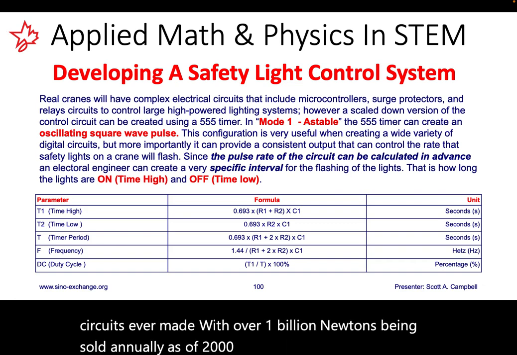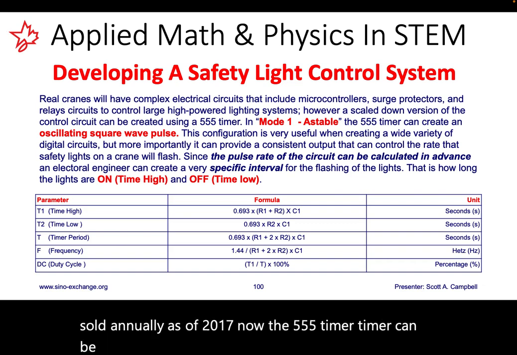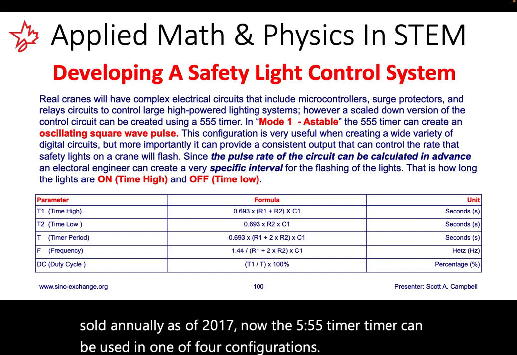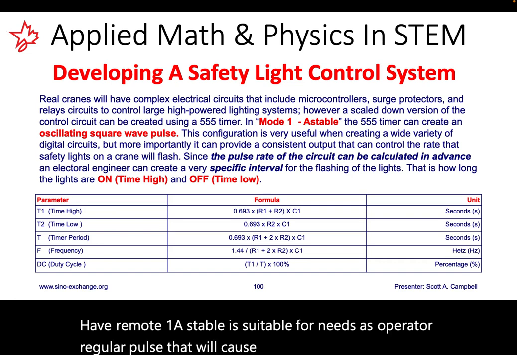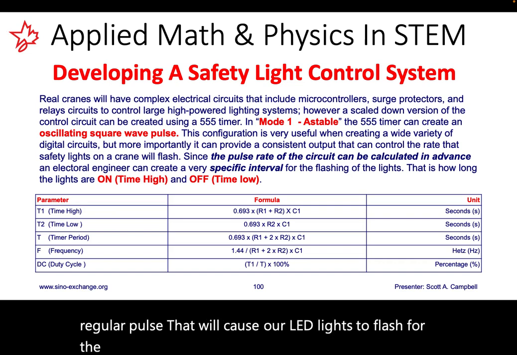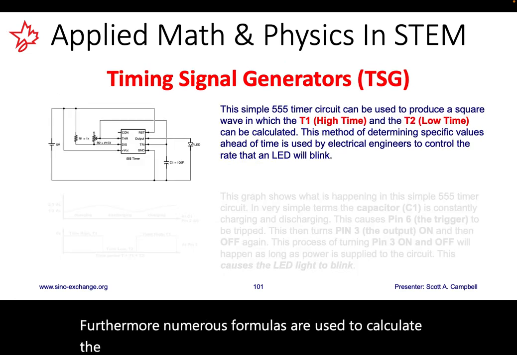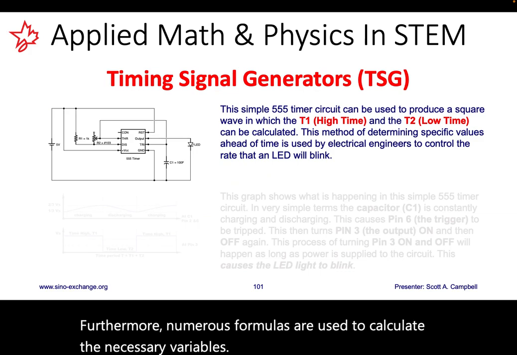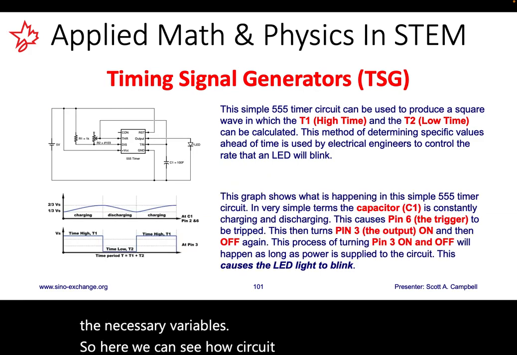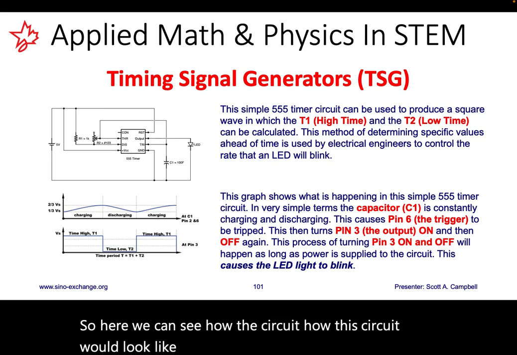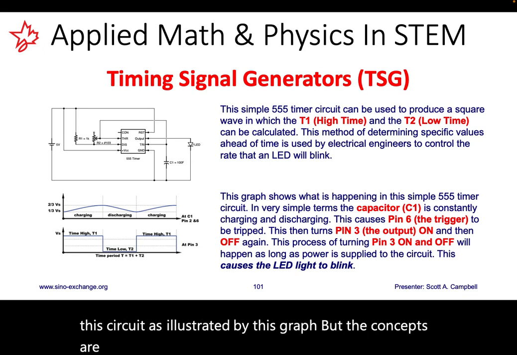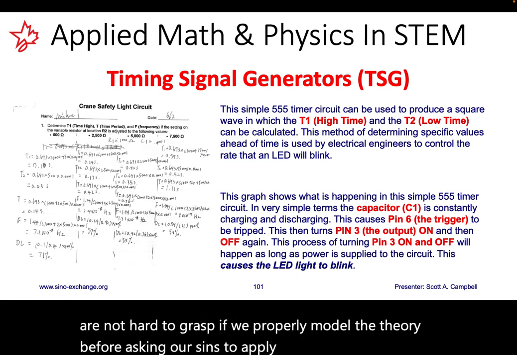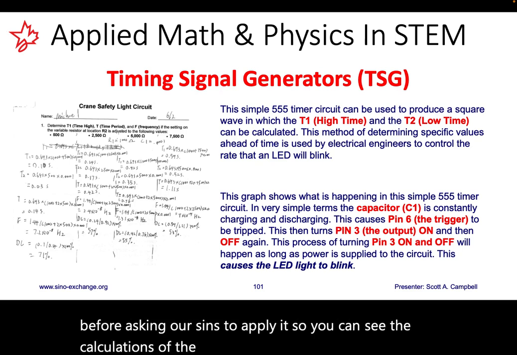Now, the 555 timer can be used in one of 4 configurations. However, Mode 1 astable is suitable for our needs as it will create a regular pulse that will cause our LED lights to flash. Furthermore, numerous formulas are used to calculate the necessary variables. So here we can see how the circuit would look. And there's a lot of things happening in the circuit as illustrated by this graph. But the concepts are not hard to grasp if we properly model the theory before asking our students to apply it. So here you can see the calculations that the students used to determine what components they needed to build